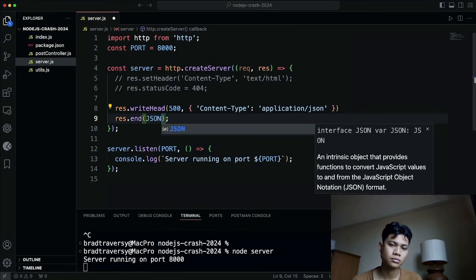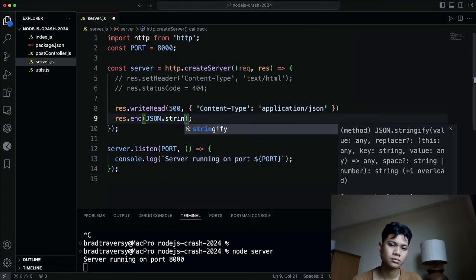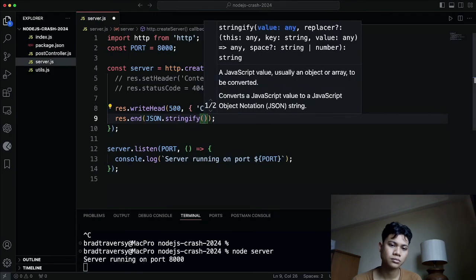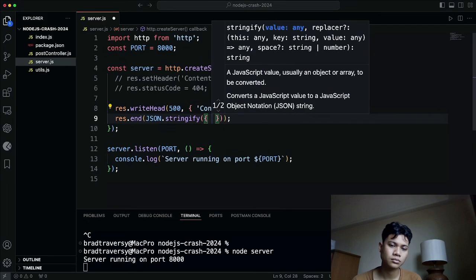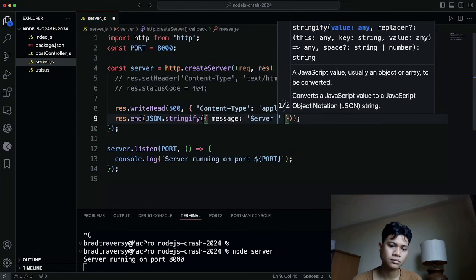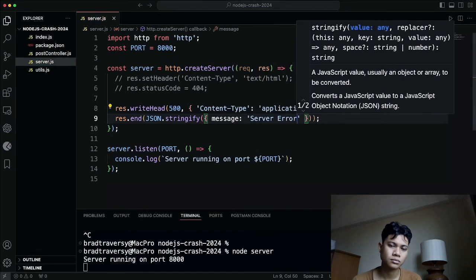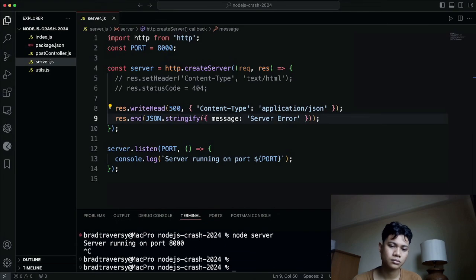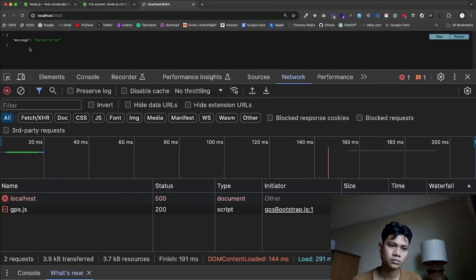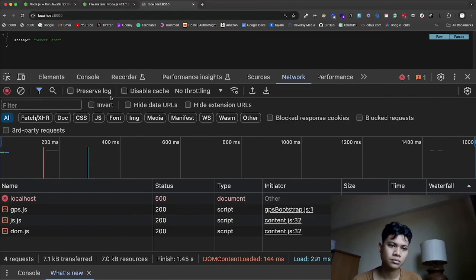So let's say JSON.stringify, and I'm going to talk more about APIs and JSON data, but just to show you, you can put an object in here. We'll say message: server error, and restart. Okay, so now if I reload this page, we get this JSON message, server error, and you can see